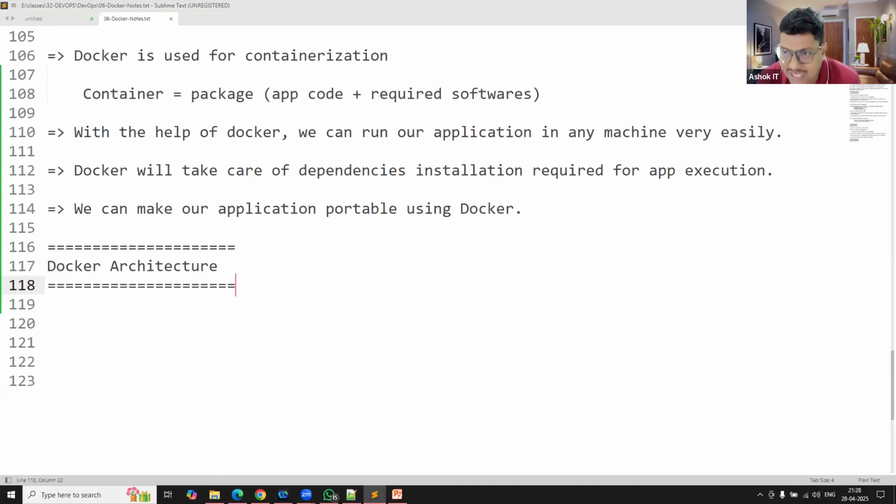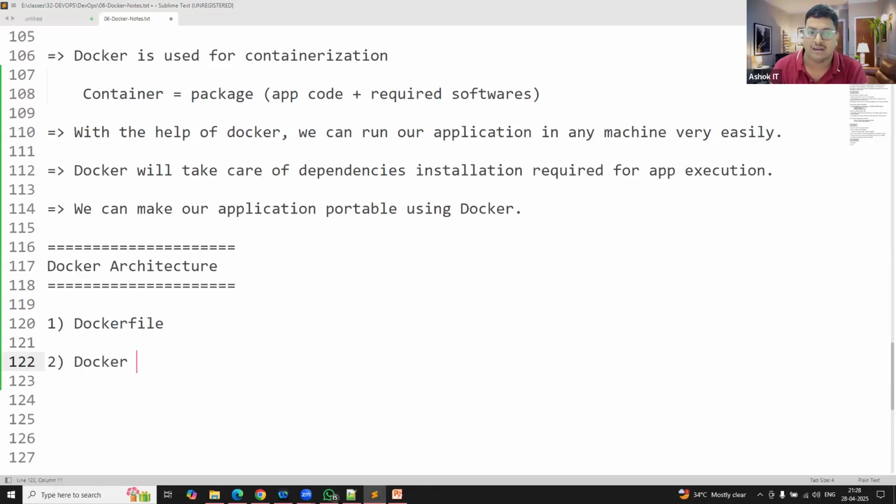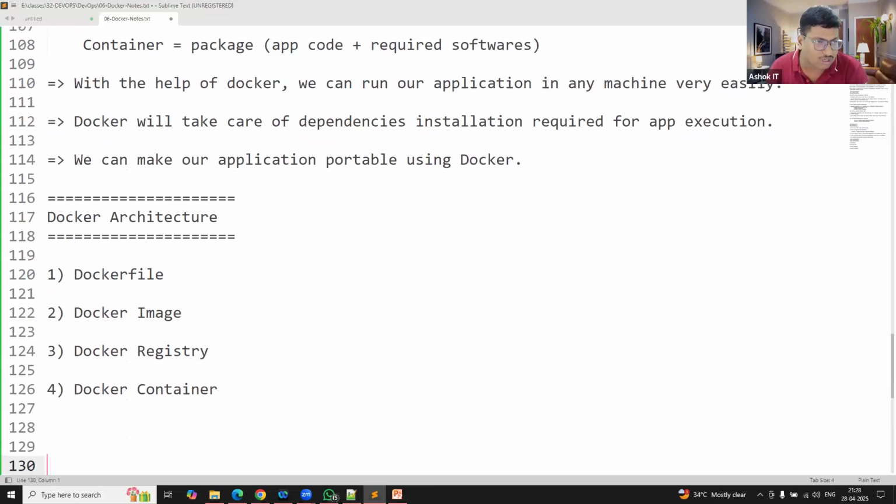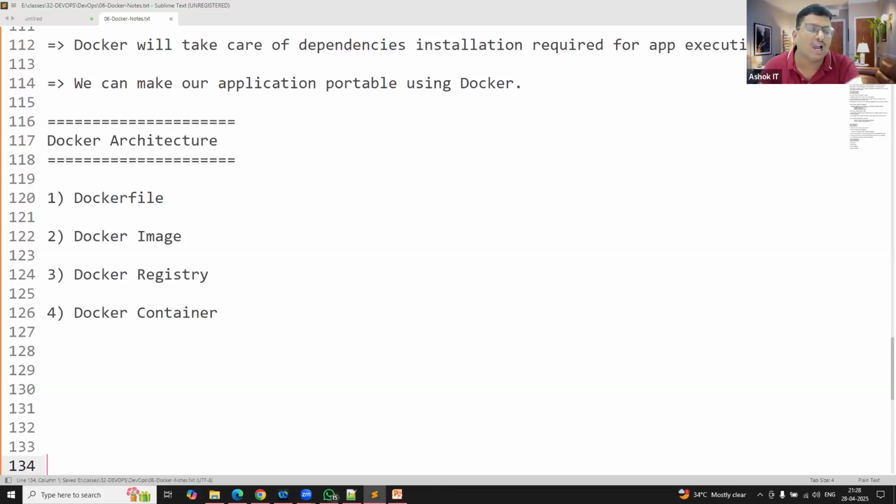In the Docker architecture, mainly four important points will be available. One is called Dockerfile. Second is called Docker image. Third is called Docker registry. Fourth is called Docker container.